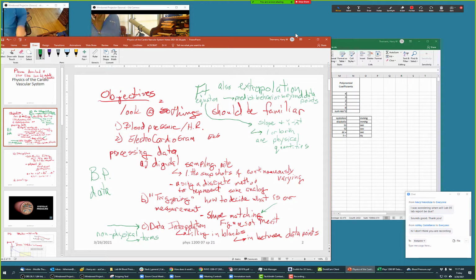And there's nothing wrong with that as long as you're only working within the actual data you have. And then, once we get through with the background, we'll spend a lot of our time doing this